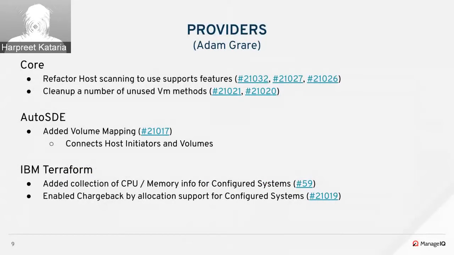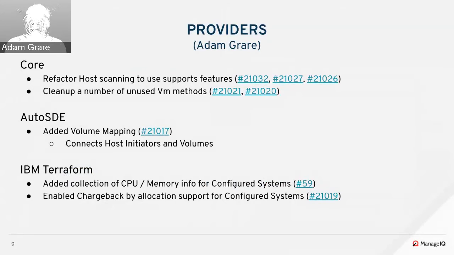So for providers on the core side, Oleg refactored a number of host scanning methods to use support features mixins. Previously, we just included some empty methods in the core base host class and called them blindly in the scanning method for host smart state. So now we're actually checking supports feature mixins before calling those. He also deleted a number of unused VM methods. There are a few lookup by path and find by path methods that were no longer used,